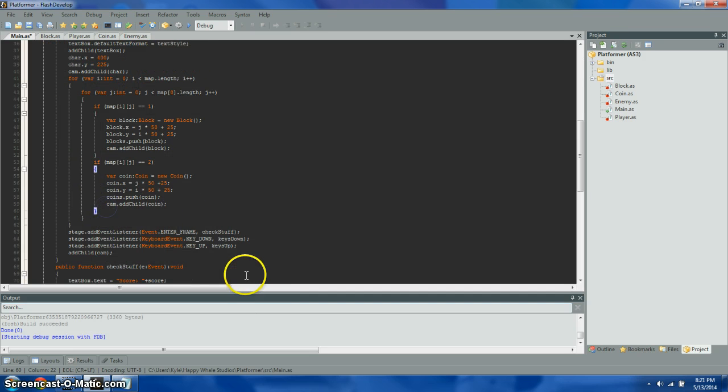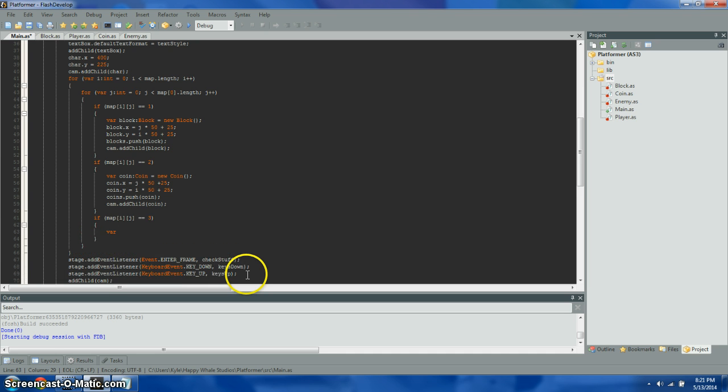And now in here, say if map ij equals 3, var enemy equals new enemy, enemy.x equals, I'm just gonna copy all this, enemy,